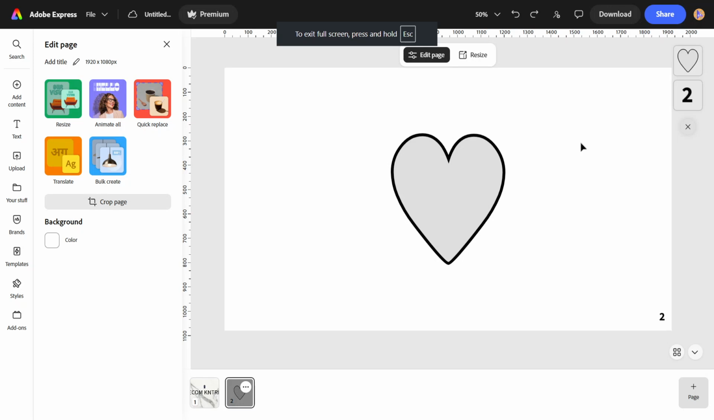In today's video, I'm going to teach you how to change element color in Adobe Express. First, open your project in Adobe Express. Make sure you're already inside the design you want to edit, so you can see the canvas and the element